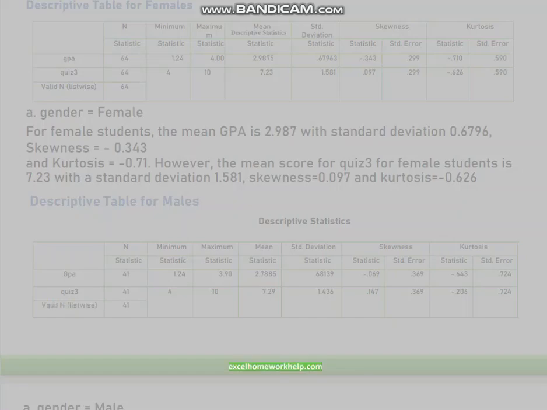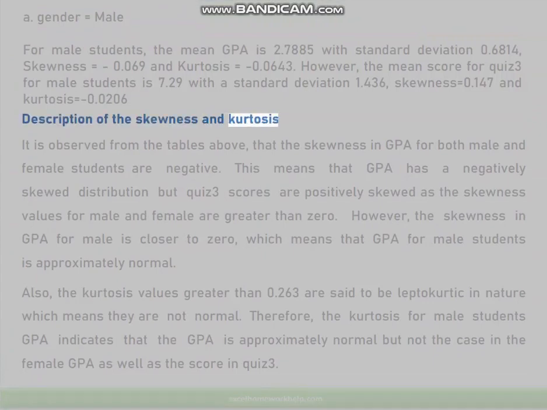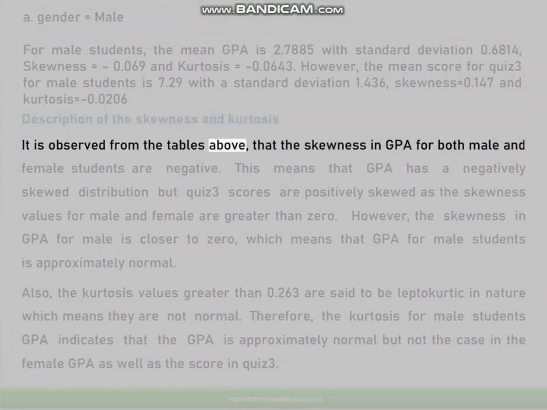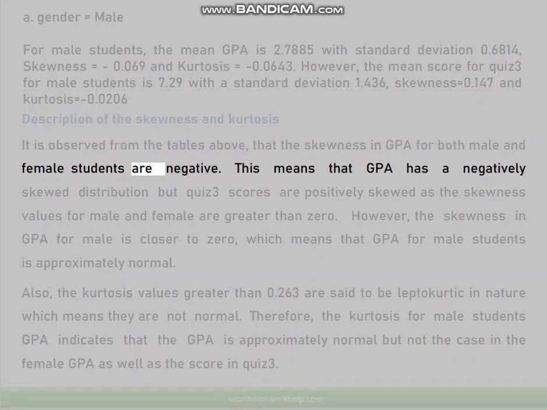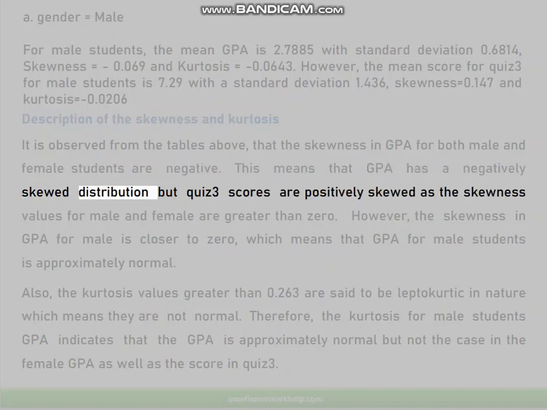Description of the skewness and kurtosis. It is observed from the tables above that the skewness in GPA for both male and female students are negative. This means that GPA has a negatively skewed distribution, but Quiz 3 scores are positively skewed as the skewness